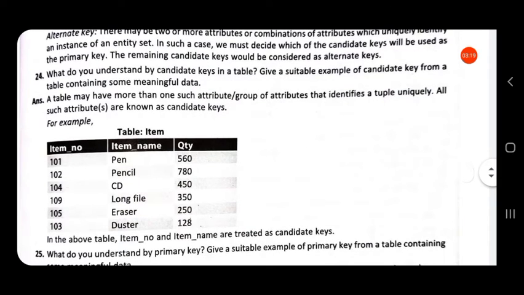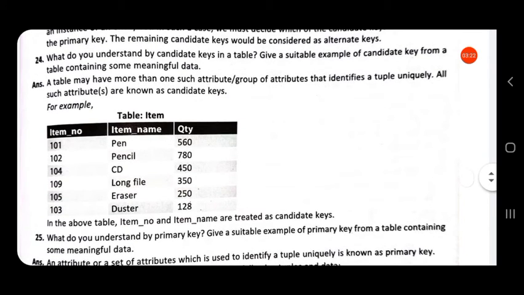The next one: what do you understand by a table? Give a suitable example of a candidate key from a table containing some meaningful data. A table may have more than one such attribute or group of attributes that identifies a tuple uniquely.